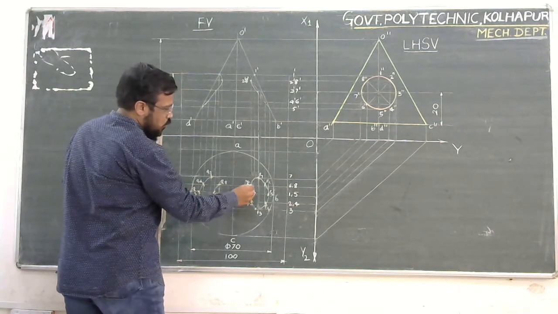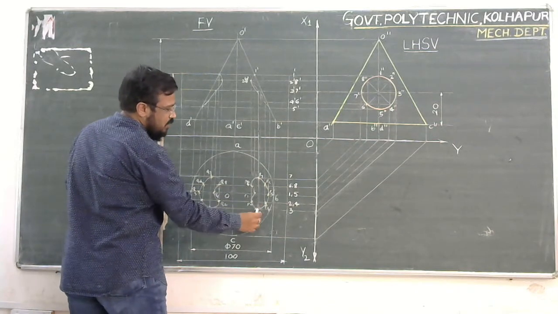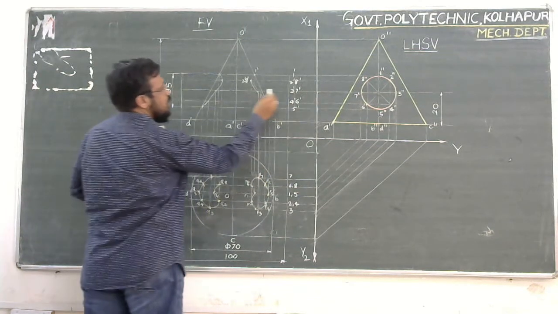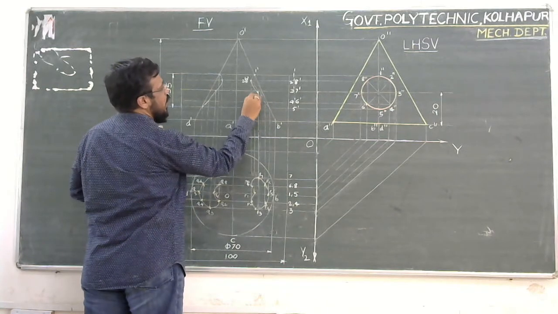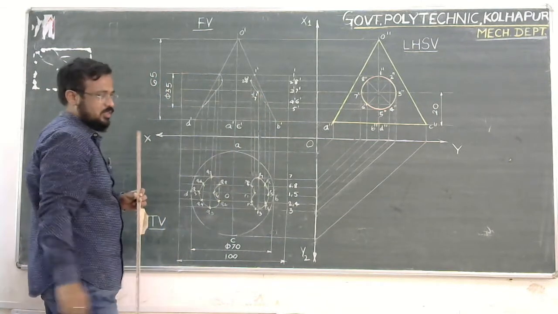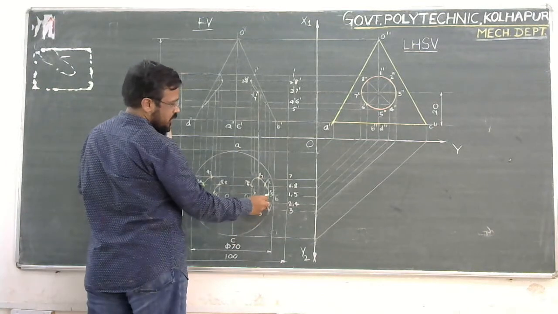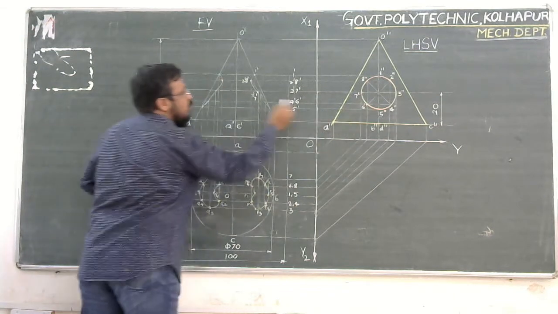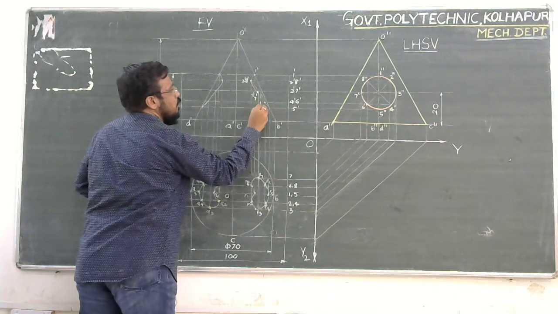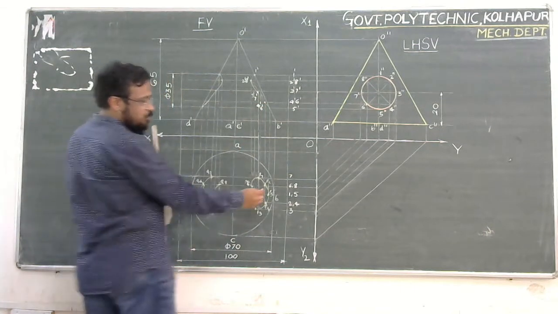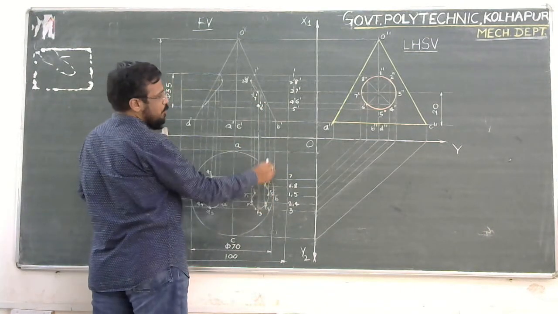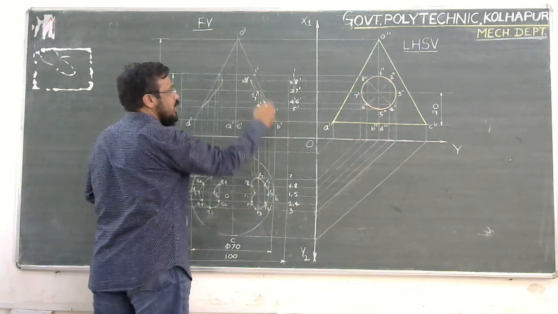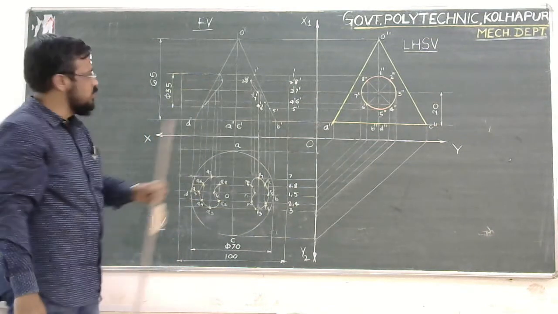Similarly, 1 is over, 2, 8 is over. Similarly, 3 and 7 will lie on the same line. Project it upwards. From here, somewhere here you are going to get the points 3 dash and 7 dash. Now 4 and 6 you need to project. So 4 and 6 vertically up, from horizontal you are going to get this point 4 dash and 6 dash here. The last point that remains is point 5. If you project it upward from this 5, you are going to get the intersecting point over the end generator. So this is point 5 dash.